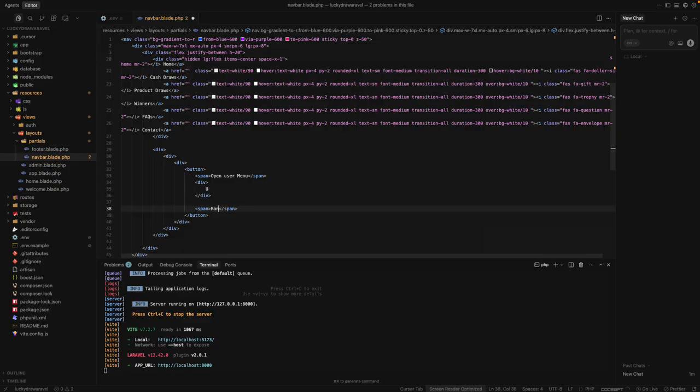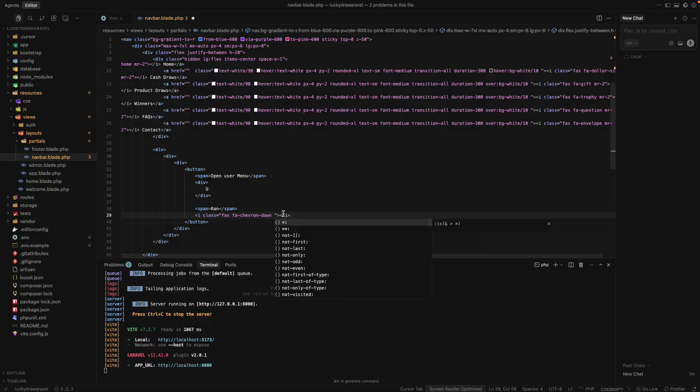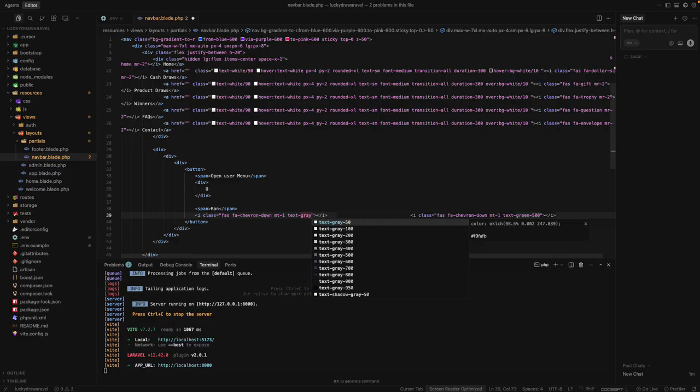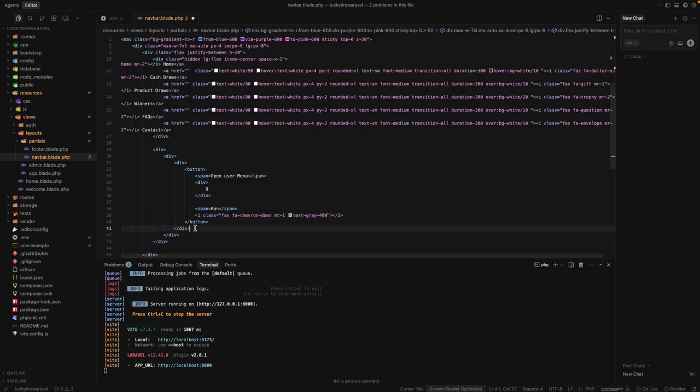Okay, and another we have to make one icon for chevron down, and empty one text gray 400. Okay, and then button close and div close,